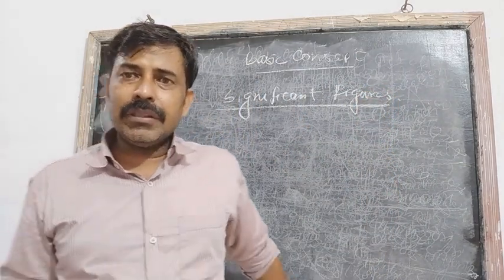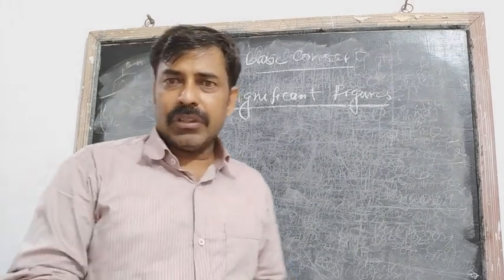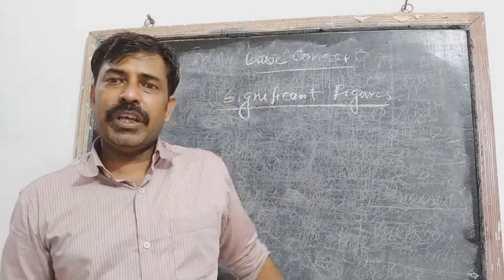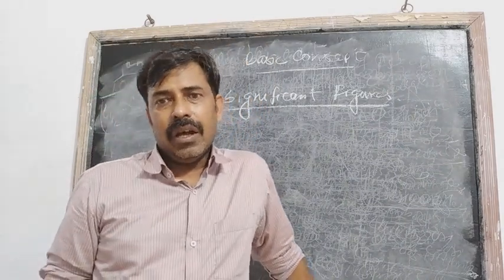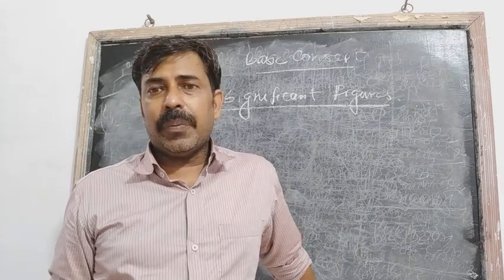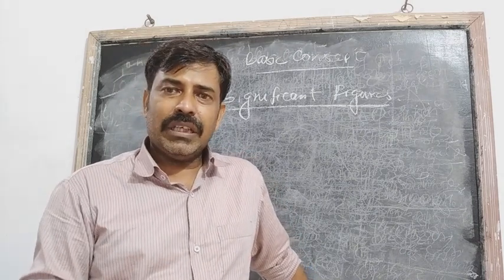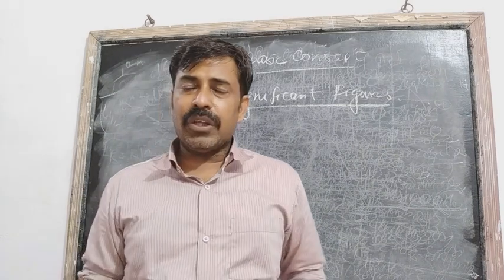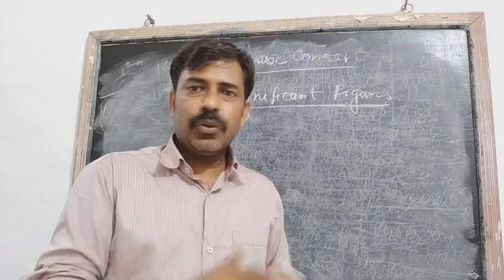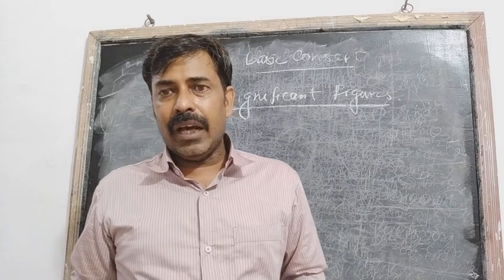What are the significant figures and what is the use of these significant figures? When we talk about significant figures, we say that all those figures which are capable to explain any value significantly are called the significant figures. Then how will you know which figures are significant and which are not? When we see, we talk just about the decimal system. In the decimal system, there are a total of 10 digits, 0 to 9, that is 0, 1, 2, 3, 4, 5, 6, 7, 8 and 9.